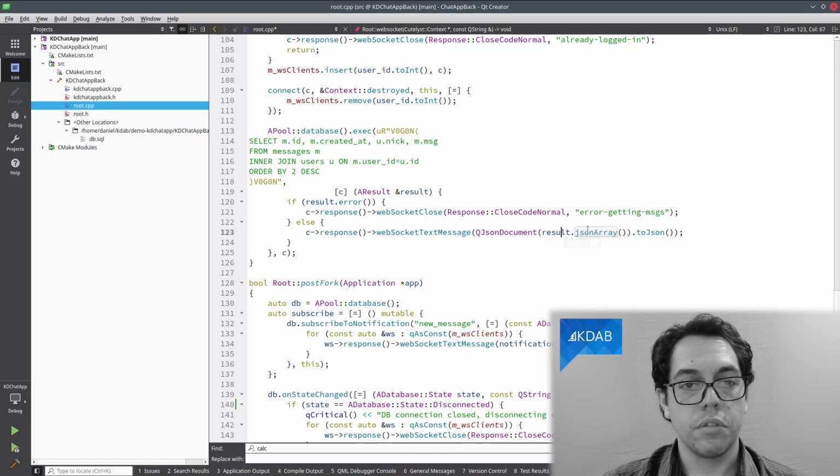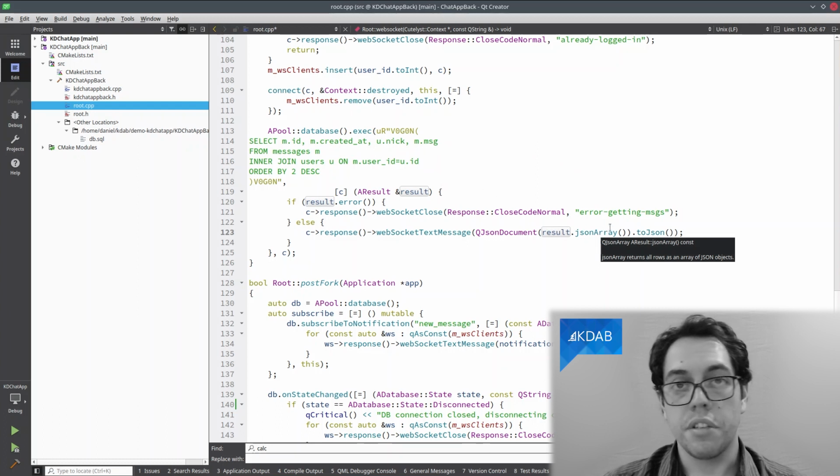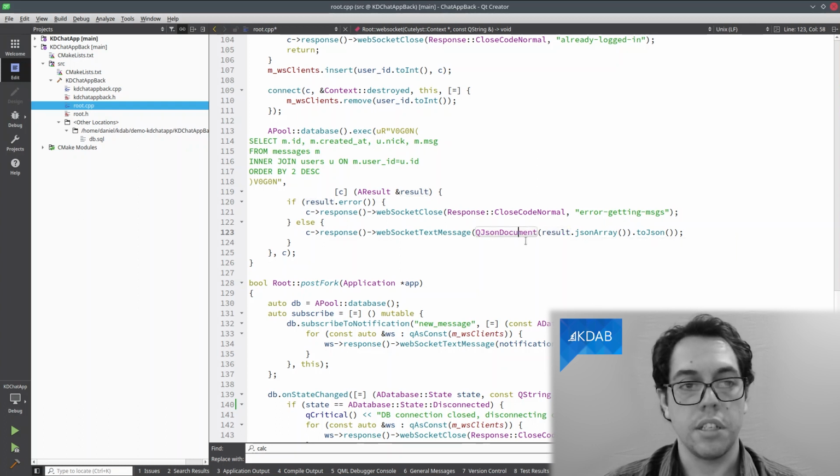So results.json array is a feature of SQL that converts all the response here into a JSON array. So we just go ahead and create a QJsonDocument to serialize that and send to the client.